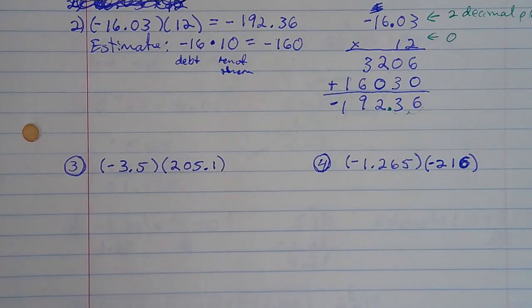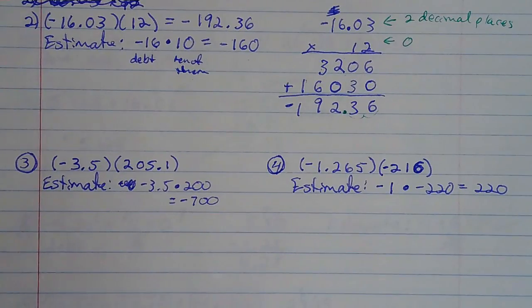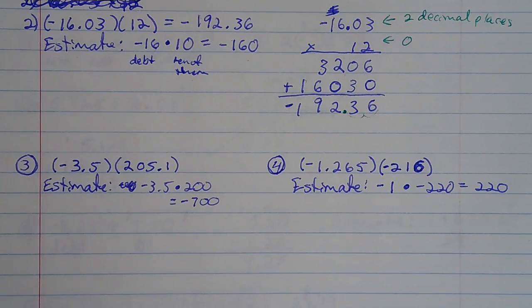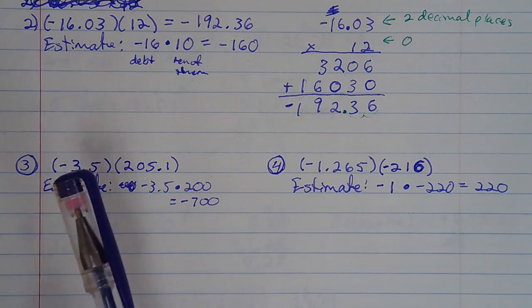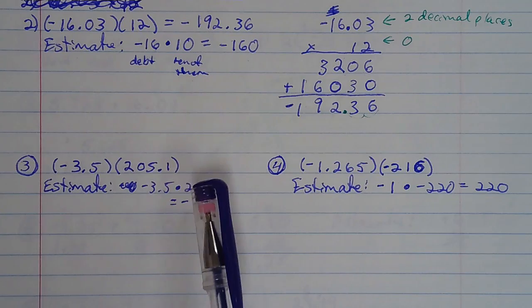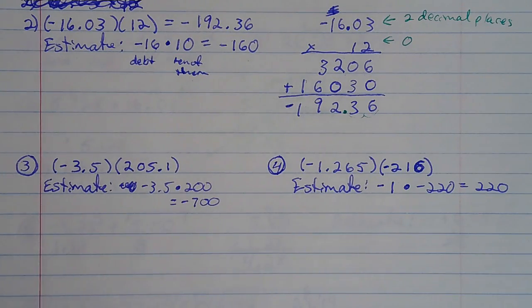All right, give those a try and then come back and check your solutions. Okay, first, I want you to check your answer, if you already got it, against the estimates. And if not, go ahead and check your estimates and see if they're at least close. So what I did here is I left that at negative 3.5, and I decided I was just going to make that 200, because I can do negative 3.5 times 200 pretty easily. And a trick to doing that, and you can do this anytime you've got a decimal times a really nice round number like 200,